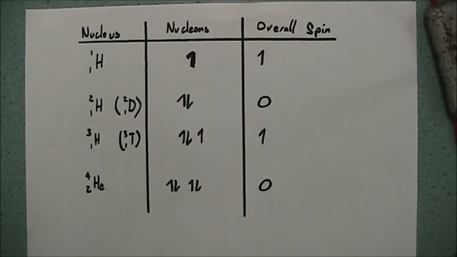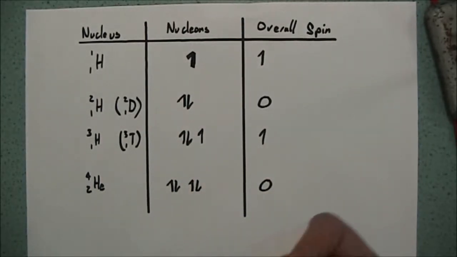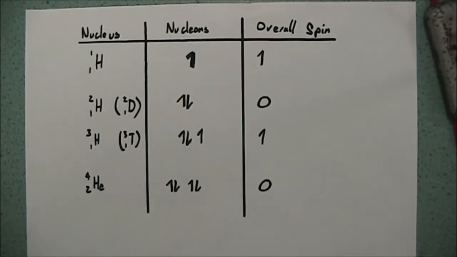So certain nuclei have an overall spin, and those are the nuclei with an odd number of nucleons. The most common ones are hydrogen, which is just 1 proton, and another one would be carbon-13, which has 6 protons and 7 neutrons. So each pair of nucleons cancel each other out, except the last one, which will then give you an overall spin. So with NMR spectroscopy, we're going to use this spin to create some sort of measurable effect